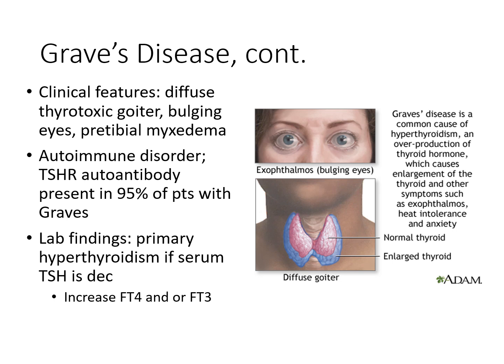Some clinical features: they will have a diffuse thyrotoxic goiter, which is an enlarged, smooth, and firm thyroid gland due to overactivity. A lot of times they will also exhibit bulging eyes, and this results from inflammation and tissue swelling from behind the eyes. They can also have pretibial myxedema, which presents as localized thickening and swelling of the skin over the shins, and this is caused by